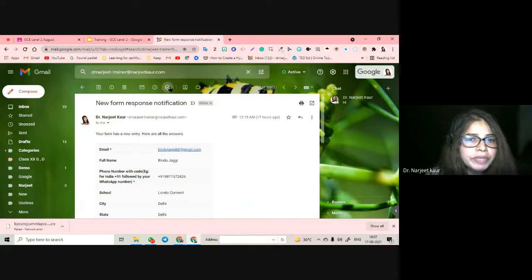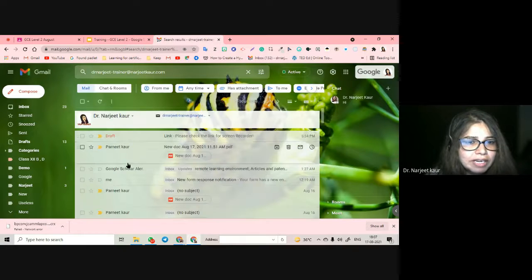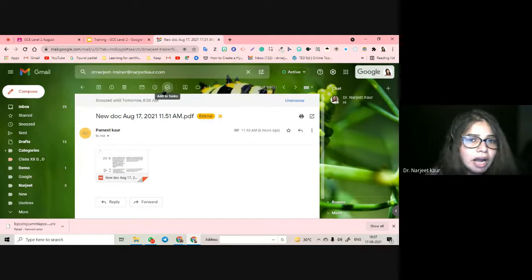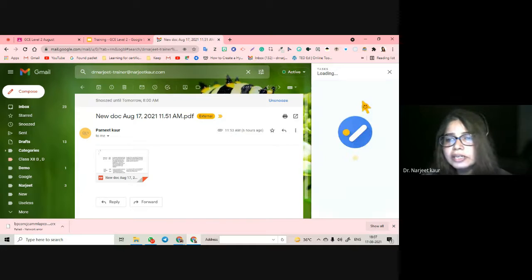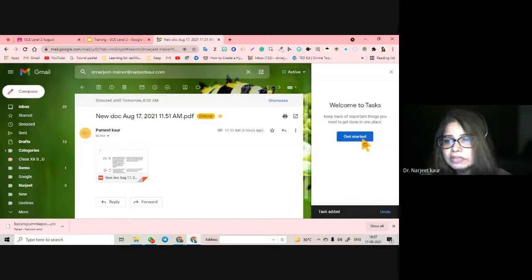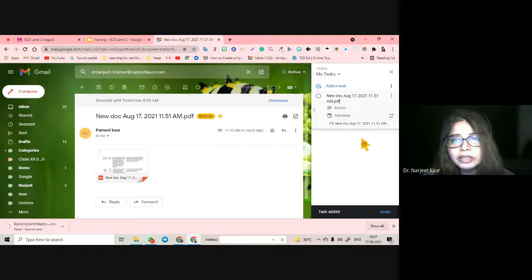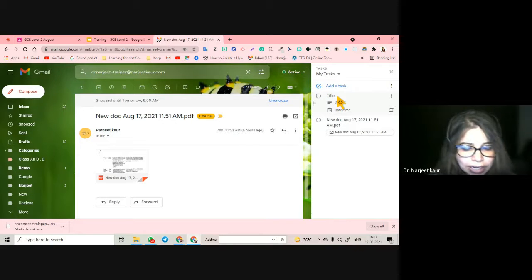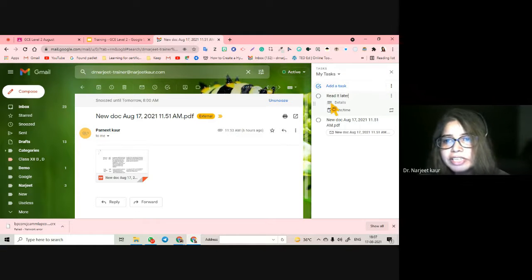You can add to tasks as well. For example, this is my task. If I go here, I know this is my task to read and add it. I add it to my task, and it is going to be loaded on this one, and my task is going to be appearing. तो आपको अपने आप वो सारी details, जैसे ही आप add task करते हैं, you can add a task, you can give it a title, say read it later, whatever. Okay, the details are here.